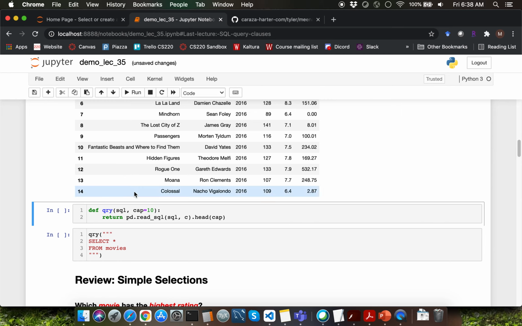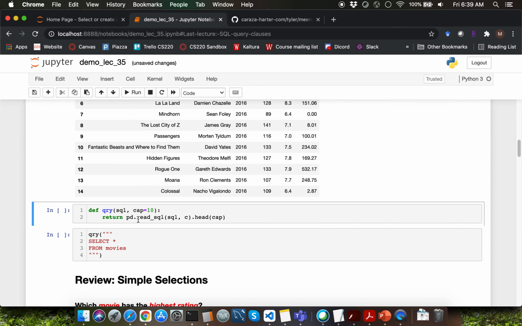Let me talk about the QRY function. We are going to be executing queries all throughout today's lecture. So I've defined a function called QRY, which includes two parameters. The first one is going to be SQL, and the second one is called cap. The default argument for cap is going to be 10.